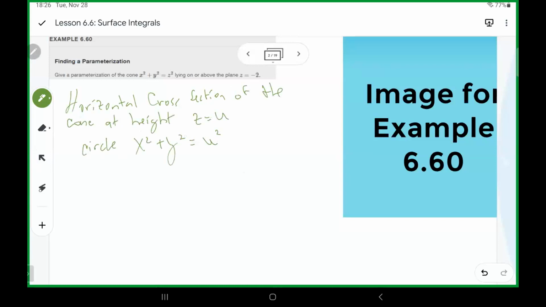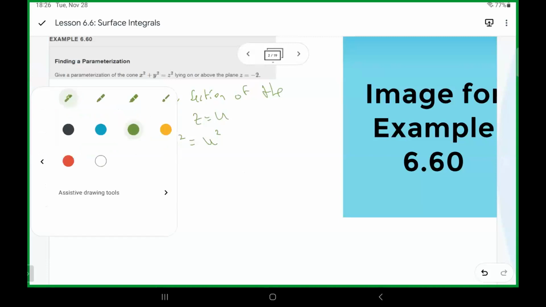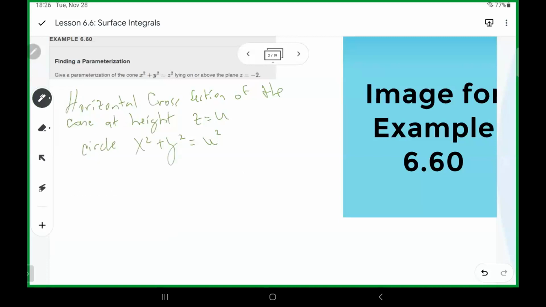Therefore, a point on the cone at height u has the following coordinates. Almost went Christmas again. u cosine v, u sine v, u for angle v. Hence, a parameterization of the cone is r(u, v) equals